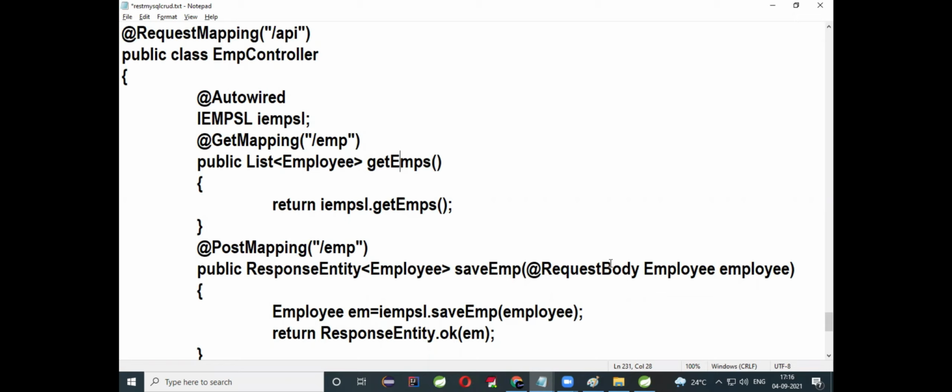Generally, request param is used to map request parameters to the URL in Spring. Request body is used to map the entire request to a model class.